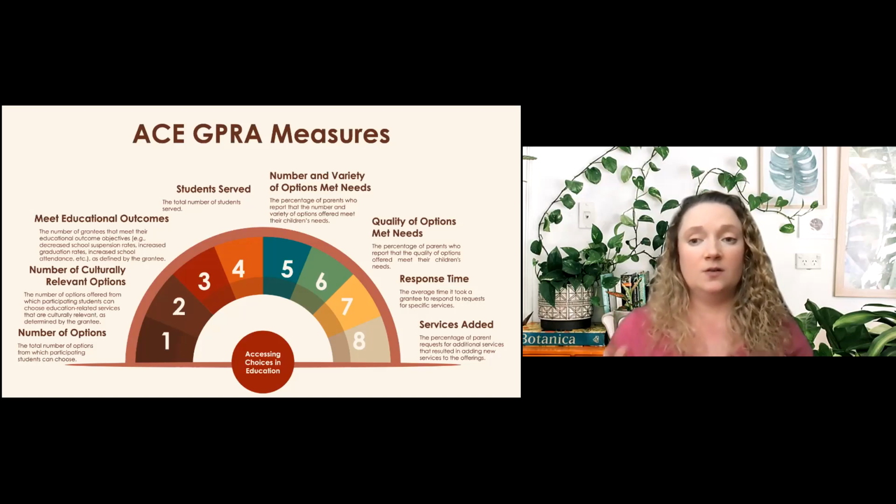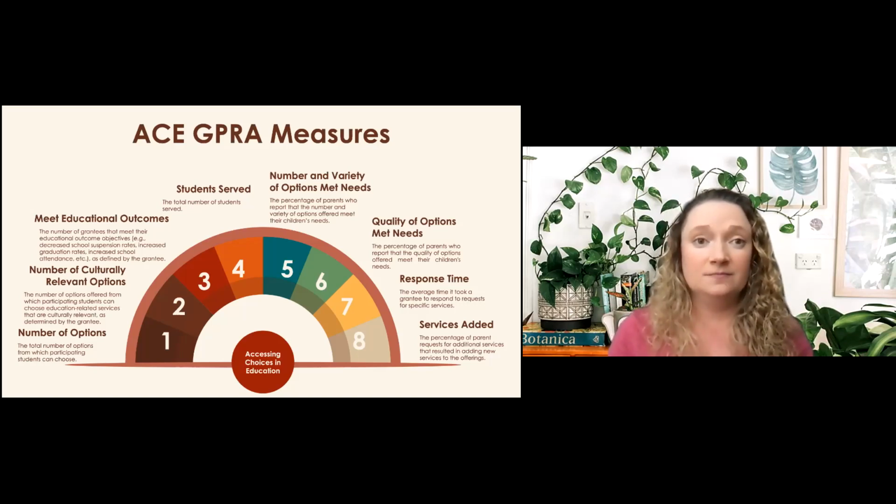Grand total. And that's actually one of the examples we'll look at and how to report on that. The second one is the number of culturally relevant options. So let's say that you're offering 10 options currently for students to choose from, and maybe 6 are culturally relevant. That's what you would report for number 2. Again, if you're in a planning year, it's going to be 0 options because you're not offering services yet, and 0 that are culturally relevant. And that's okay because you're in your planning year.